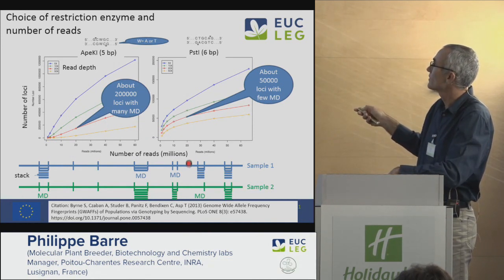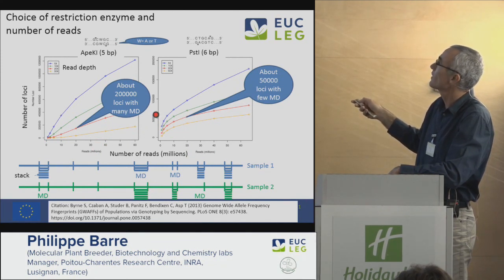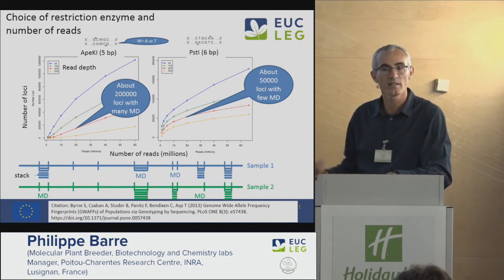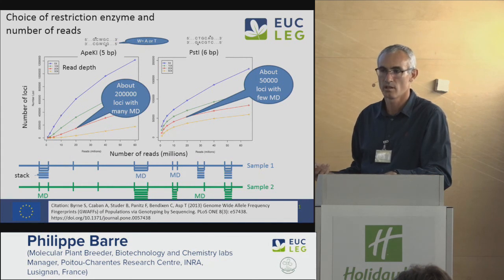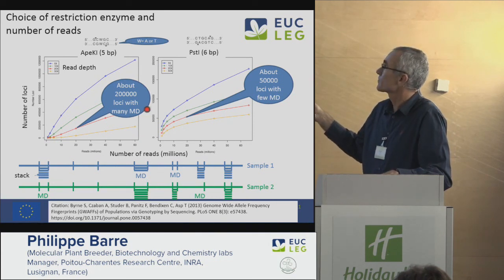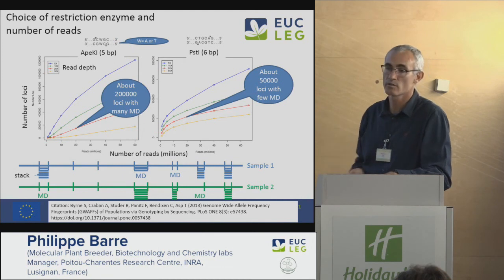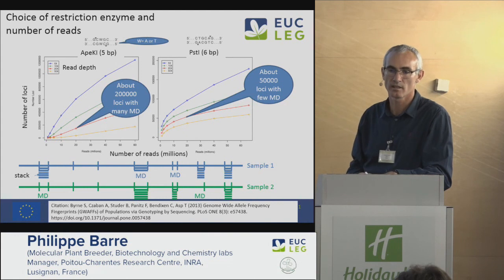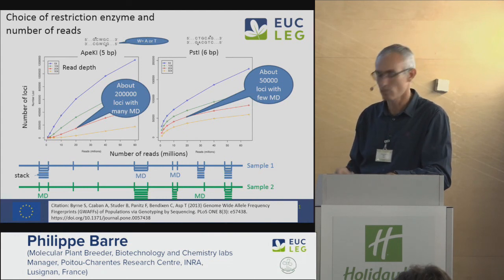And here, if I take 20 million reads, I get something like 50,000 loci, which is a lot less, but for the same amount of reads, and when I say the same amount of reads, you translate that as the same amount of money, you get 50,000 loci, but without too many missing data. So depending on what you want to do,